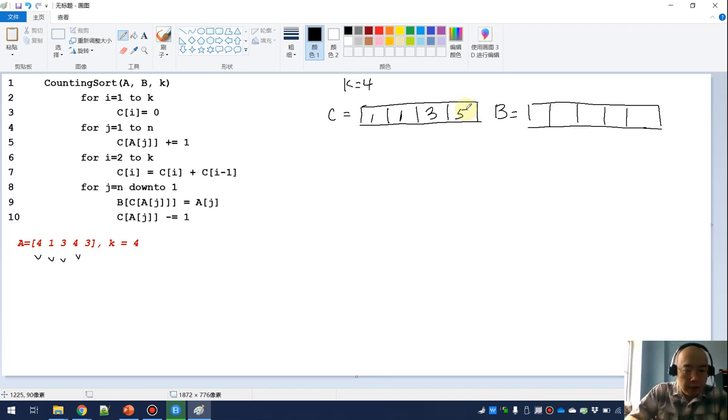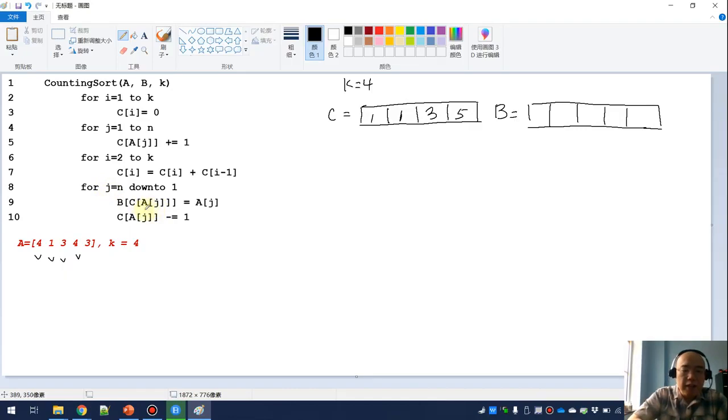Okay, and then we are going to do for j from n down to 1. So we are going down instead of going up in this case. So j equals n, and then remember n is 5. So we are gonna start with j as 5, and in this case we are finally touching the B. What is B, by the way? B is the final sorted list, right? So in this case we are touching the B. So we are gonna start from the j. So j will be 5, and then